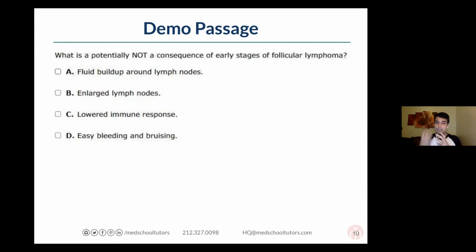You don't need to go into this depth in your biology review to know exactly what all the different kinds of lymphomas are about, right? Because this seems a little bit out of the scope of what the MCAT typically tests in the sense of the fundamentals, this is probably something that you want to use the passage to answer, right?